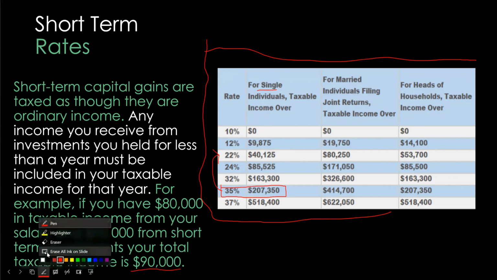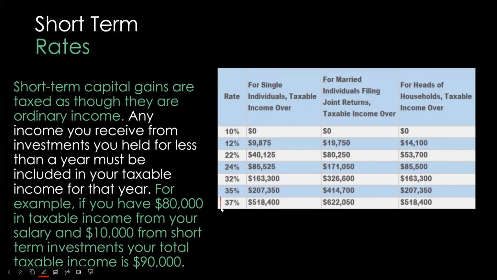Another common myth with taxes is, oh, I made $518,000, so I have to pay 37% on the entire 518. That is incorrect. You pay by these brackets. So you'll pay 12% on 98.75. You'll pay 22% up to 41.25. Then you'll pay the extra 2% up to 85.525, and so on and so forth. It's not a full 37% on 518.4. It's just 2% more on 207.350. And that's how it goes. They go by the actual brackets.